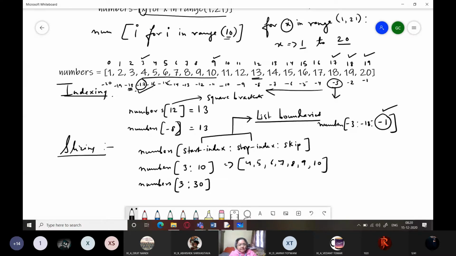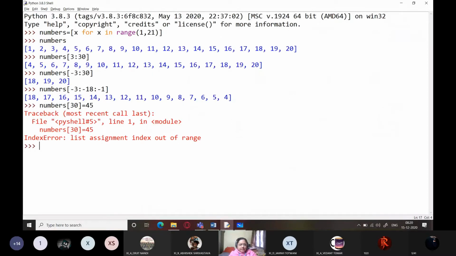You can try slicing the list in different ways, whether in the forward direction or in the reverse direction, right? Even if I want to display the values skipping by one value, suppose I write here numbers and I have started it from -3 and I've ended it at -18 and I give -2, so it will print all the values in the reverse direction only, that too skipping by a factor of -2.